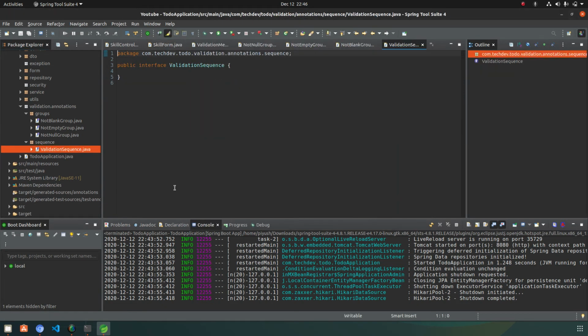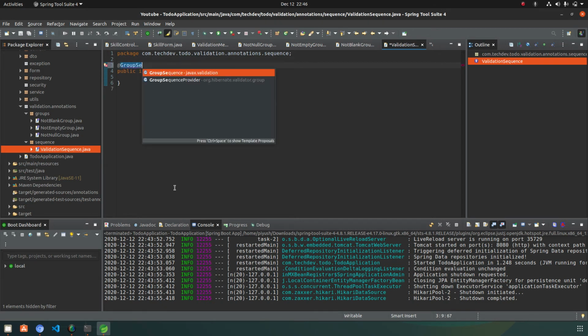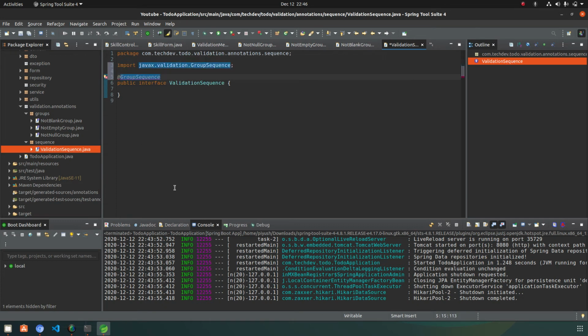ValidationSequence will also be an interface, not a class. What this interface will do is contain the GroupSequence, and inside the GroupSequence you need to provide the value, an array of the groups. So now I will say to first validate the not null group, then the not empty group, or the not blank group.